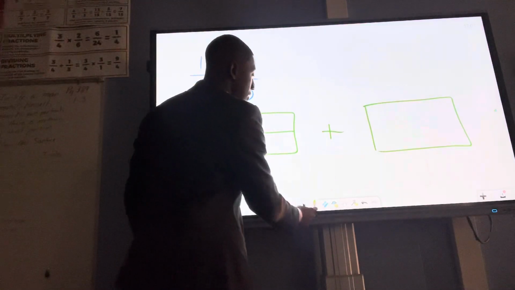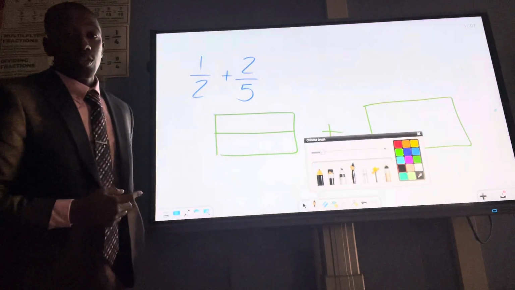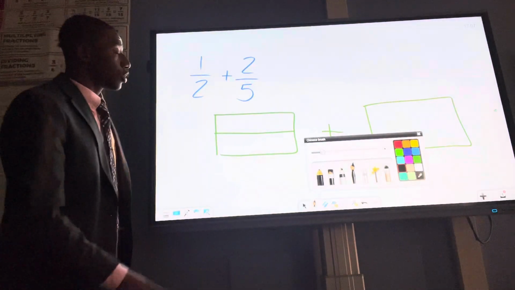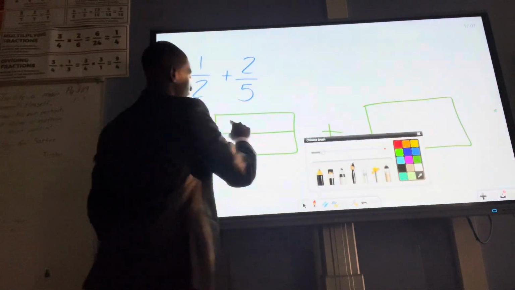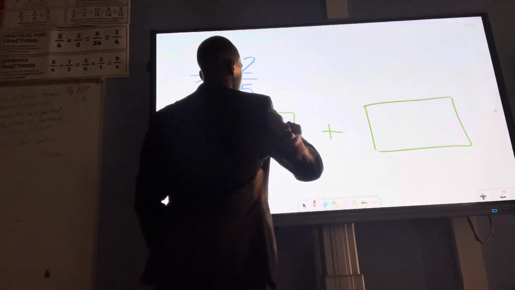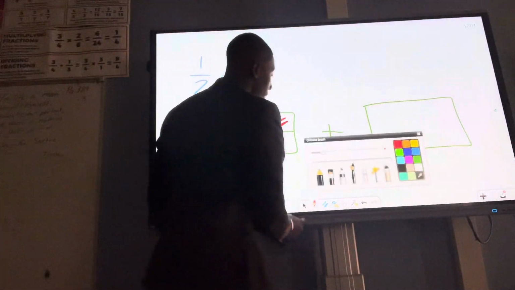Of those two pieces, how many of those need to be shaded in? I'm gonna look at my numerator for that answer. So my numerator is 1, meaning I need to only shade in one piece for now. And let's shade it in with red. Right? Just giving off some Christmas vibes. So if we come over to the next one,